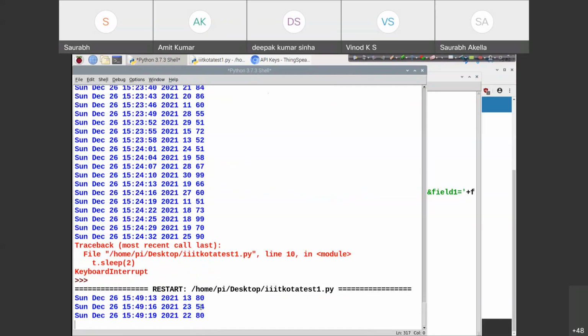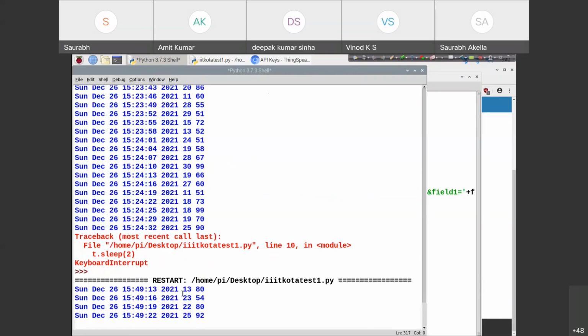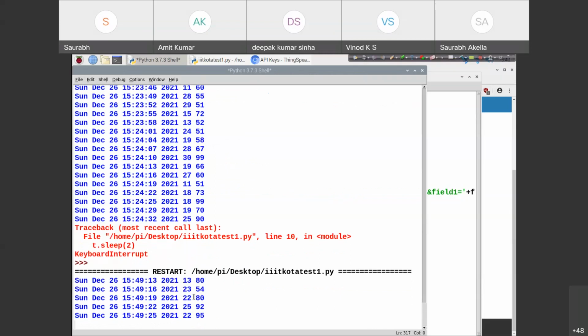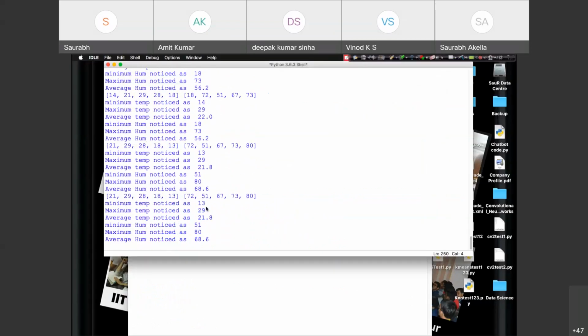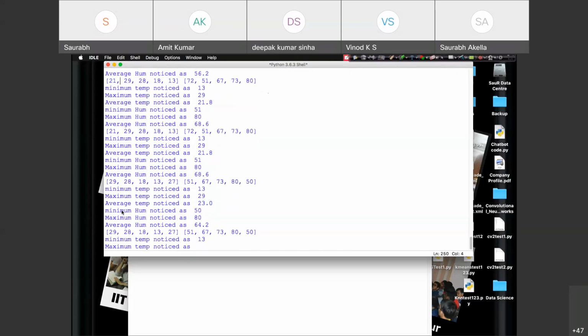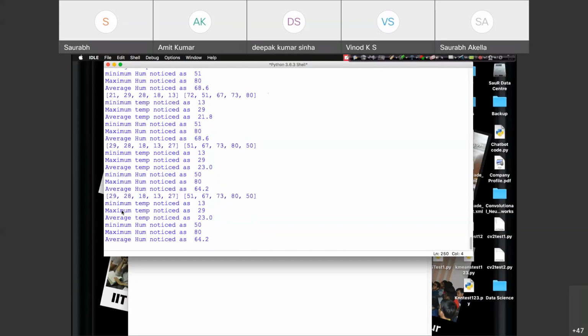And on the other side, see here, 13, 80, 23, 80, 54, 22, 80, something like this. And on the other side, let's just check 13, 29, 21.8, 51, 80, 68.6. This is how we are getting the values, right? And it's in real time. From one side, Raspberry Pi is sending the information.